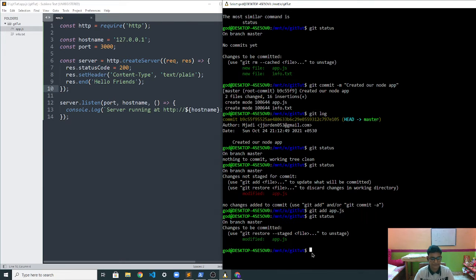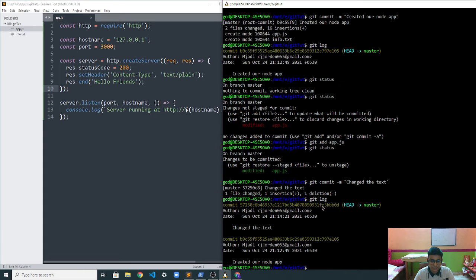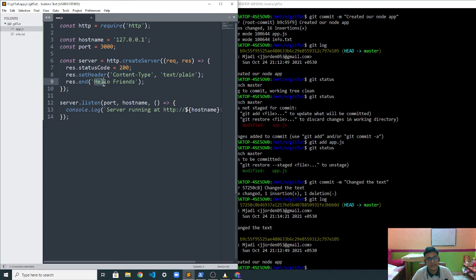So now we want to git commit the change over here. Change the text. Okay, so here we have made another commit, and if we do git log, you can see two commits are over here. But let's assume that we want hello world back.